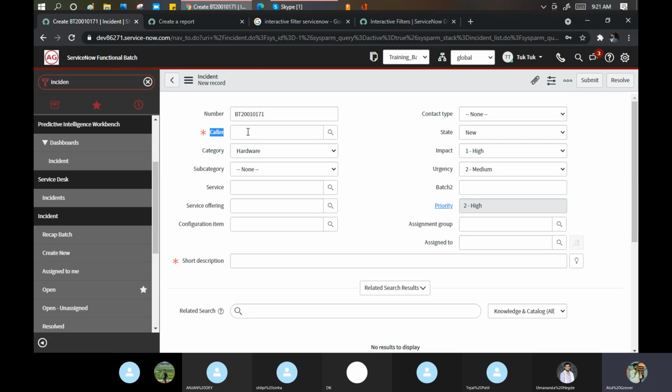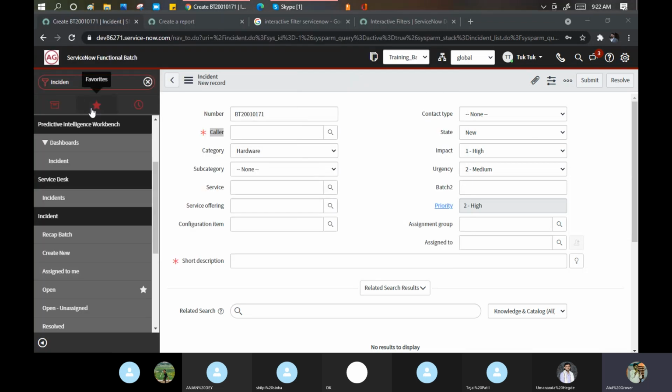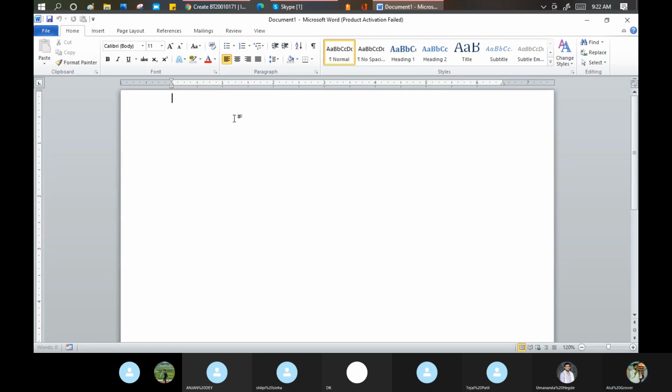So these things are called the data lookup. Data lookup, basically, if I say that I am using one value and changing another value. Okay, let me open my Word file. I'll give you a little background of this, and in the next class we will create one data lookup as well. If you are in a good mood, you can go and read about data lookup today as well, and then just put this point in the chat.